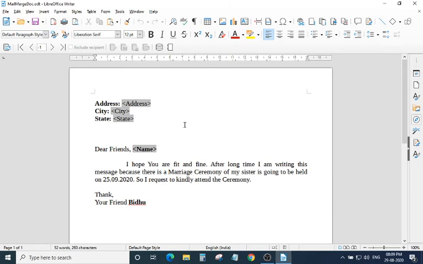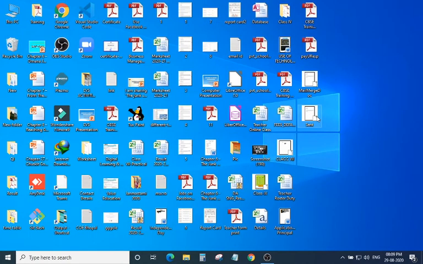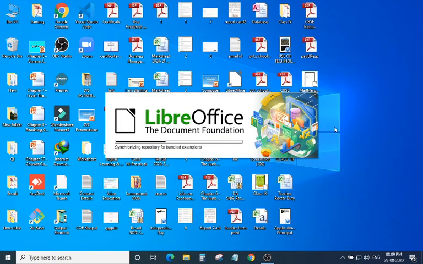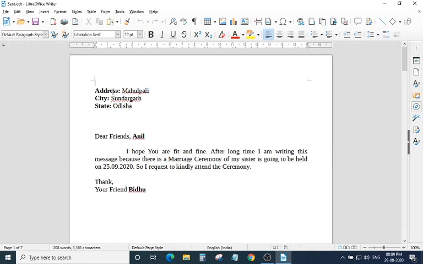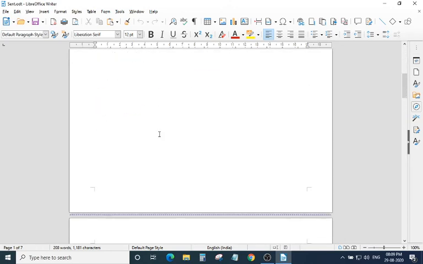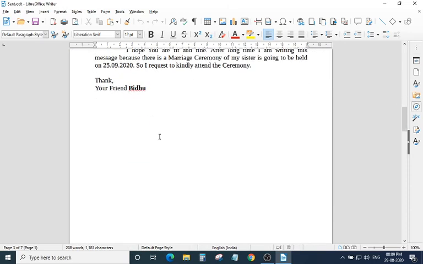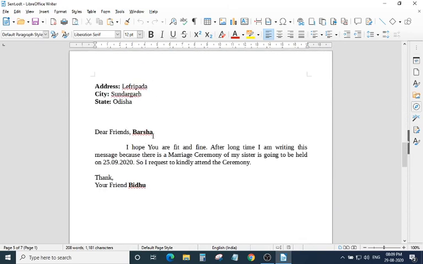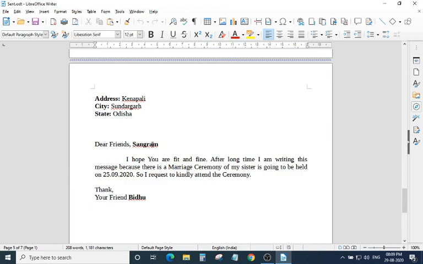See, the sent file has been created. If you open this, you can see the magic of mail merge. See, address Mahulpally, city Sundargarh, state Odisha. Then your first name will come: Anil, you can see here Subhas, you can see here Barsa, you can see here Sangram.